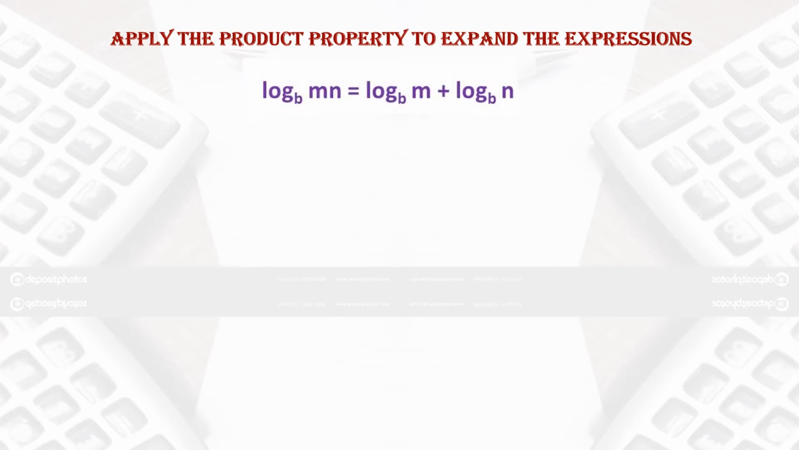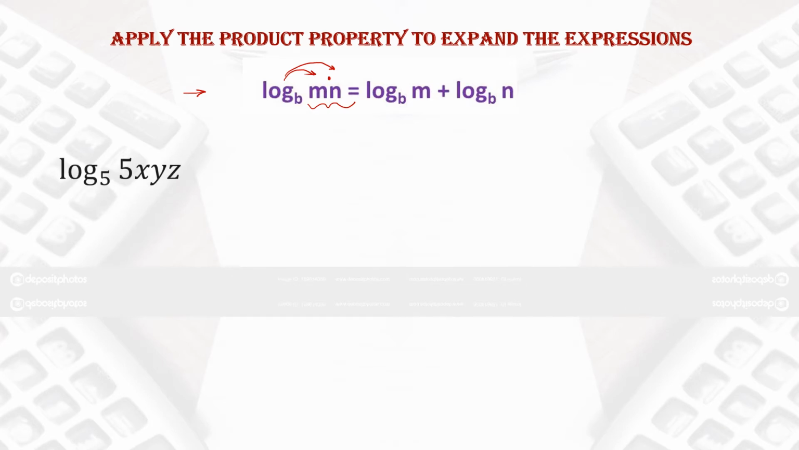Now let me explain how to apply the product property in order to expand the expression. Understand that there is a property: log base b of m and n, where m and n are the variables and they are multiplying with each other. So you can write the log of both the terms one by one, like log base b of m and log base b of n. In the product property, both the logs will be separated by a positive sign. So this is the rule which you have to apply while expanding any logarithmic expression using the product